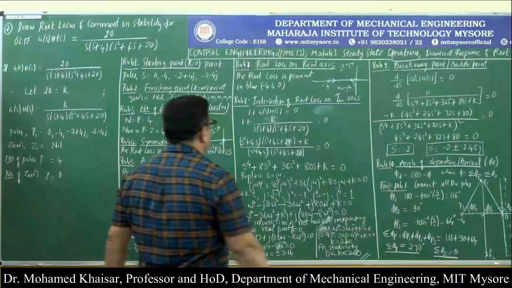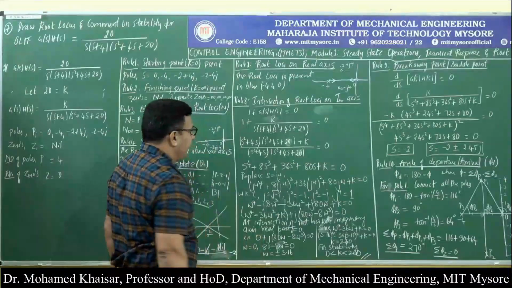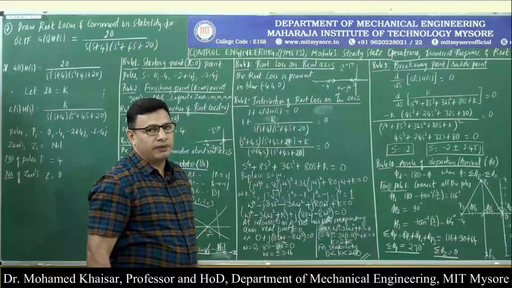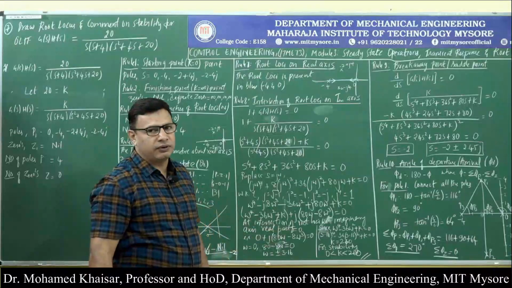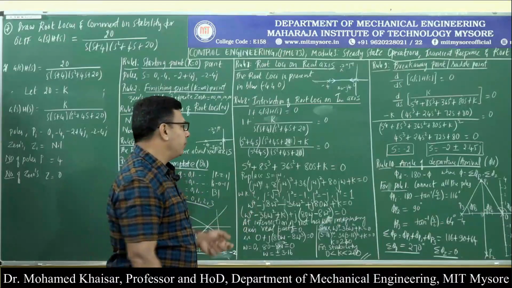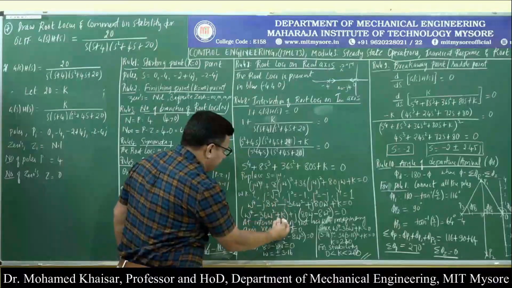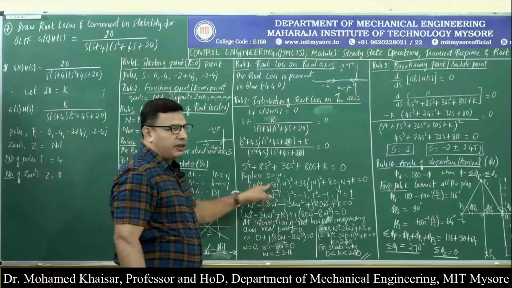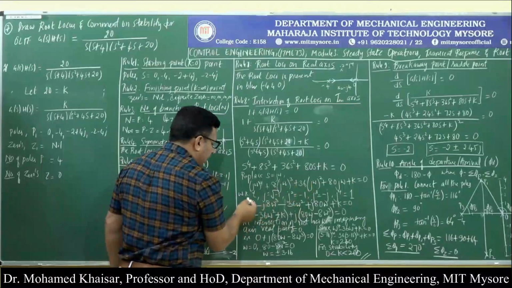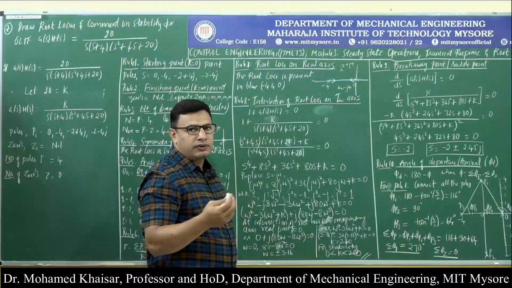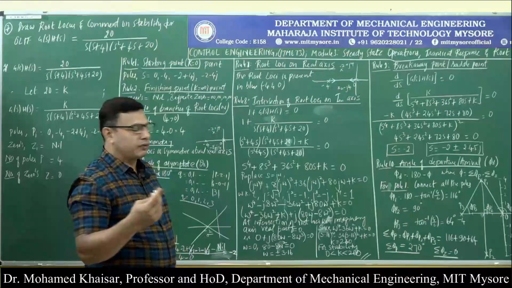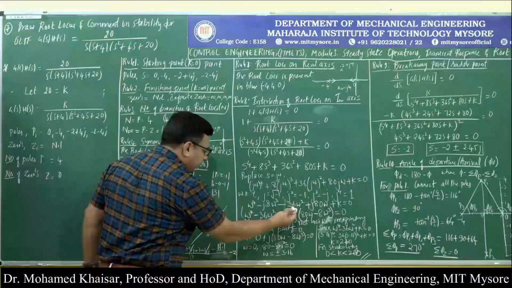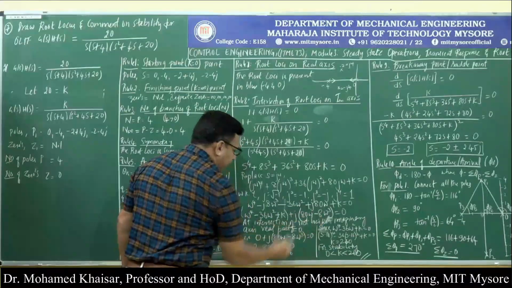Now, rule number 8, intersection of root loci with the imaginary axis. To find where they intersect, we have to use the formula 1 plus G(s)H(s) equal to 0, that is the characteristic equation equal to 0. If we do that, then after simplification we will get this equation. Now we will have to replace s by j omega, that is what we have done over here. We know j is equal to root -1, j squared is -1, j cubed is -j, j raised to 4 is 1. So we substituted that, then we separated the real part and the imaginary part.